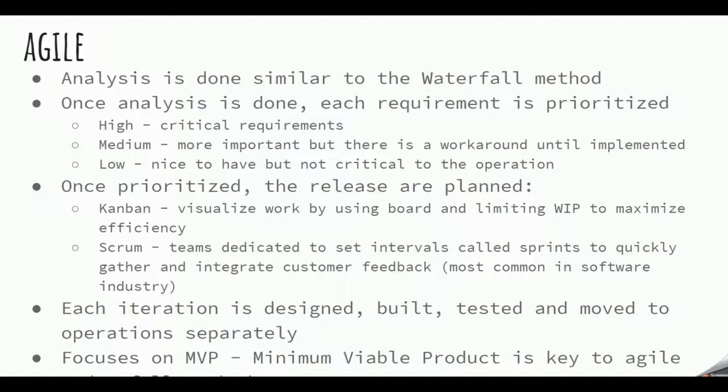One way would be Kanban, where you can visualize your work by using a physical board or a digital board to limit the number of items that you're working on at the moment. So by limiting your work in progress to maximize efficiency. And the second approach is called Scrum, where teams are dedicated to set intervals called sprints to quickly gather and integrate customer feedback. So it's very common in software industry, and then we also have